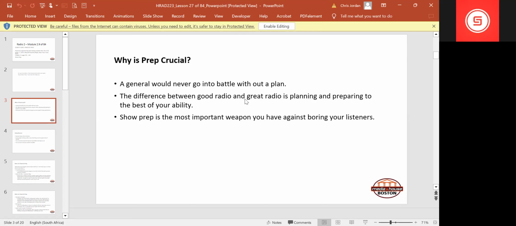Okay, for me, it's not that I have a certain time of the week or day that I do prep, but my prep is ongoing. I make sure that I contact certain guests. I do reading while I'm on the treadmill or the elliptical, or I listen to podcasts or news streams while I'm driving, to know a little bit about what's going on in the world.